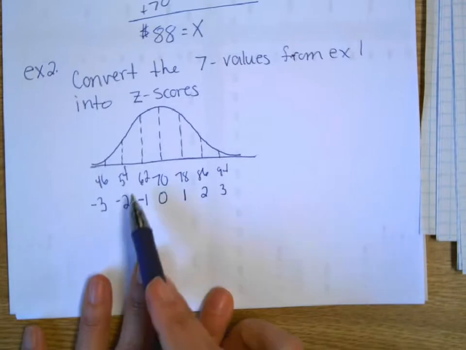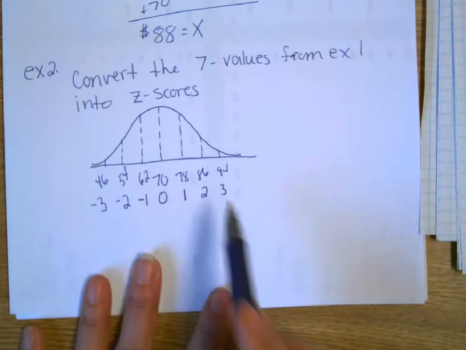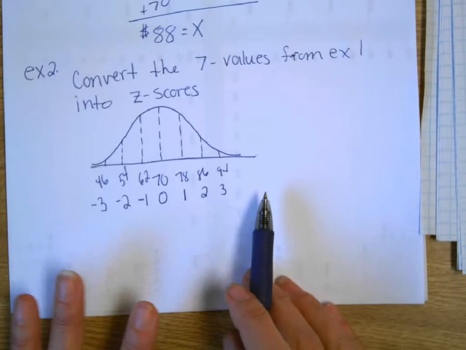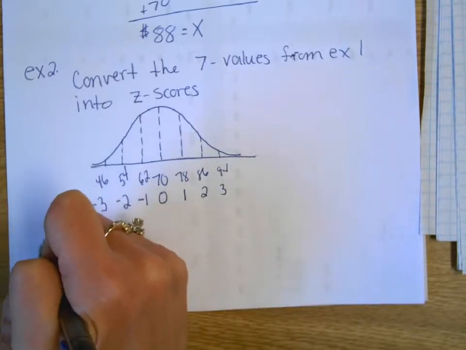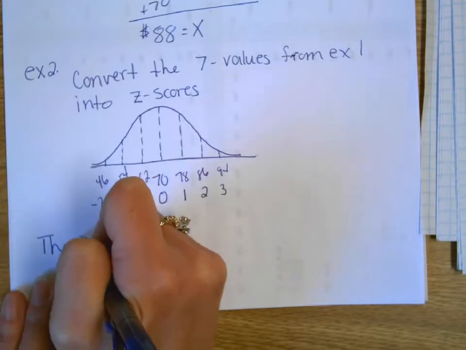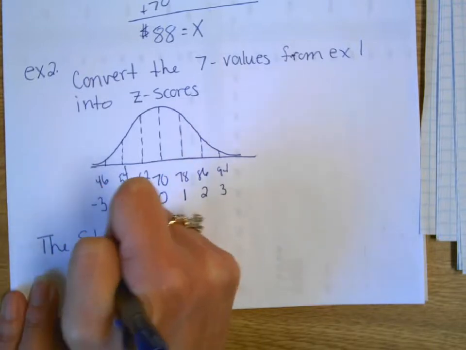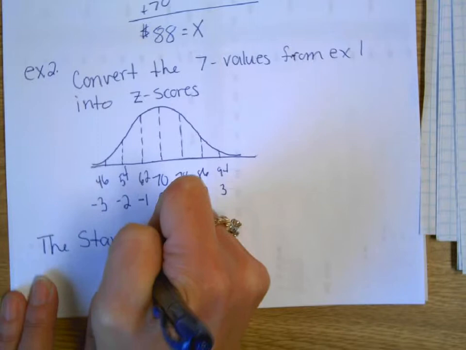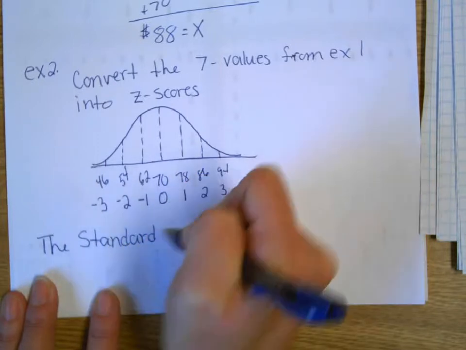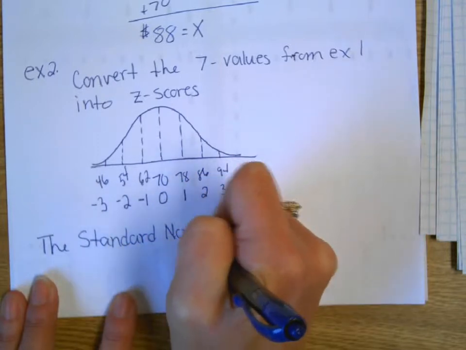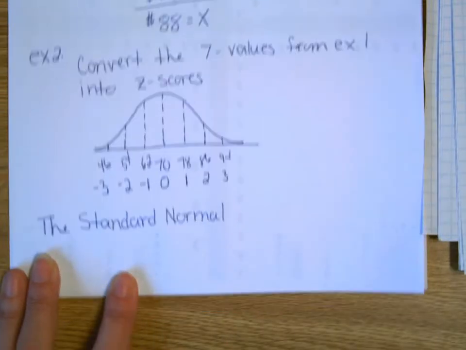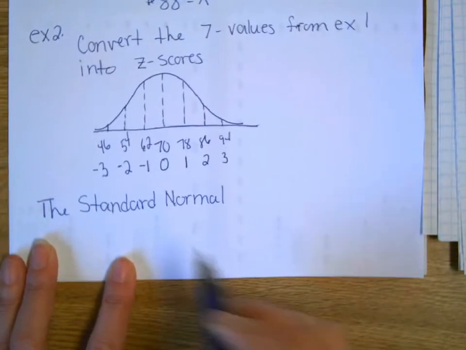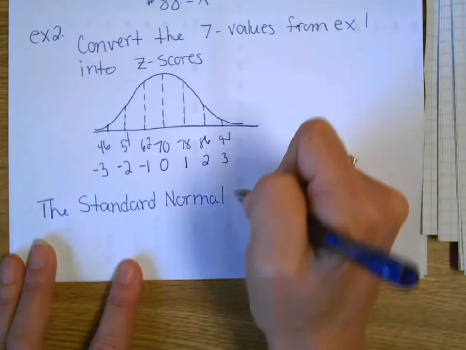So what you just did by converting all of those to Z-scores, that's called the standard normal distribution. Is this a part of the example? Nope. Definition. Is example 2 an example of the standard normal? Yes, it was creating the standard normal. Okay, so I should fit that in my notes. The standard normal distribution